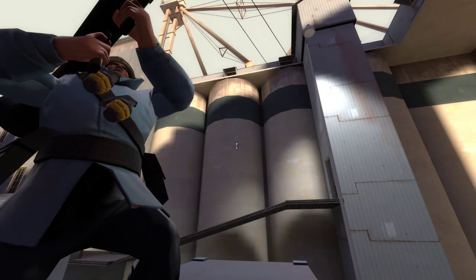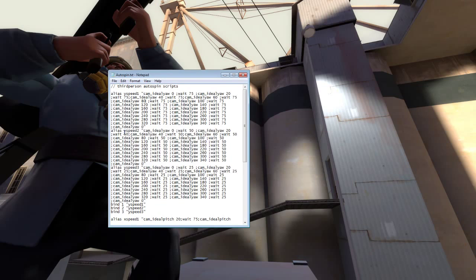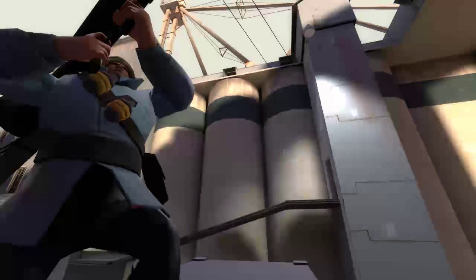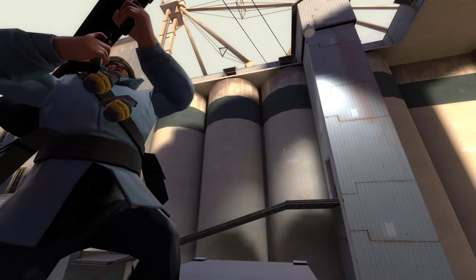If you want to do that, you can either use this config from the PLDX config, or you could use the PLDX tool. And it's a really cool thing. It kind of got outdated because a lot of people just use a kind of Matrix-y 360 spin with no relevance. I mean, you're just showing him doing a 360,